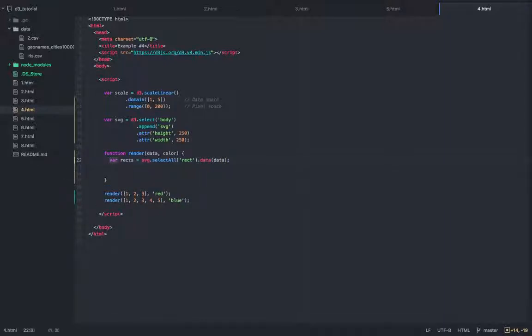So here I create a rectangles variable and I select from the SVG element, which I created here, I select all rectangles, but there aren't any rectangles present in the SVG right now. That is correct, but how D3 works is when you give it the data element, it would render the data into these rectangles once it sees how many data points there are and how to work through them. And then you can give D3 how to enter those elements into the SVG tag. So for example,